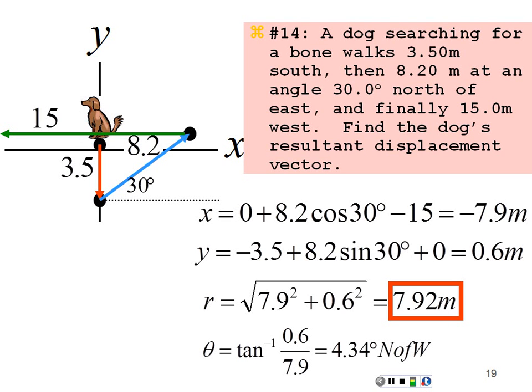I could redefine that if I wished as 85.66 degrees west of north. That'd be another way that I could define that angle, but they're the same angle. So either way I define it is correct. So in this case, I really didn't show you the vectors involved. I have a negative 3.5j, and then I have a vector going up with two components. It's hard to say, 8.2 cosine 30 i plus 8.2 sine 30 j was my second vector, and then my last vector was a negative 15i. So these are three vectors I add together to get my resultant vector